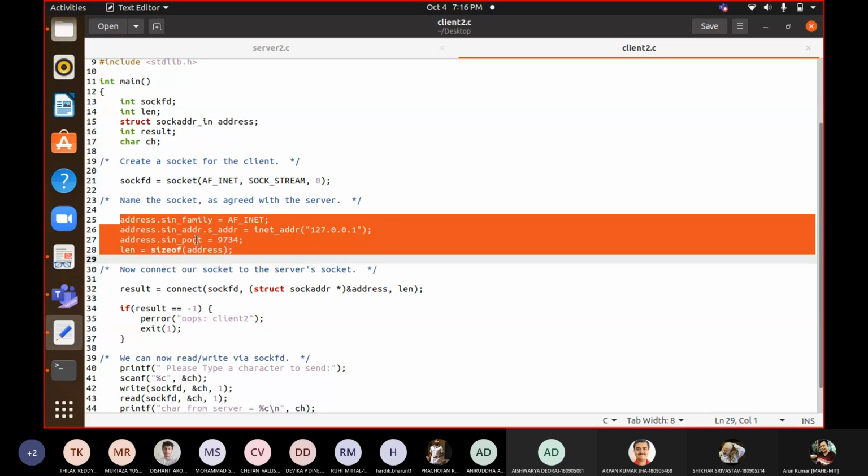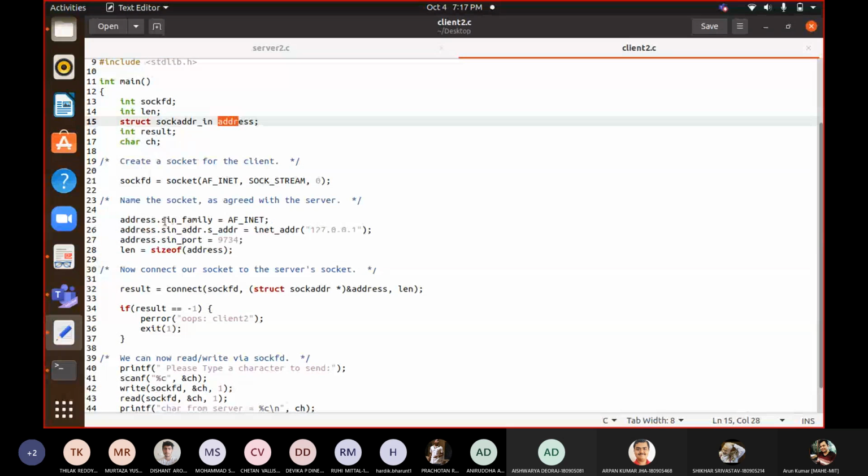Now this address at the client side is holding information regarding the foreign address, that means the server address which you want to contact. The client wants to contact the server. So whatever the server socket address is, you have to store it. Where will you store it? You require a structure once again; only in structures can you store it. So this is that structure at the client side, which holds the port number and the IP address of the server. This address we will use as the second argument in connect.